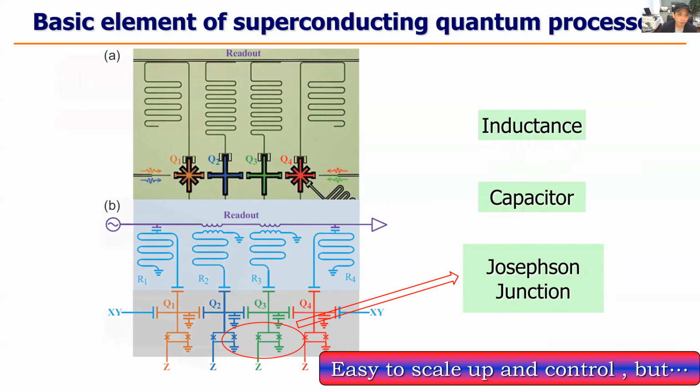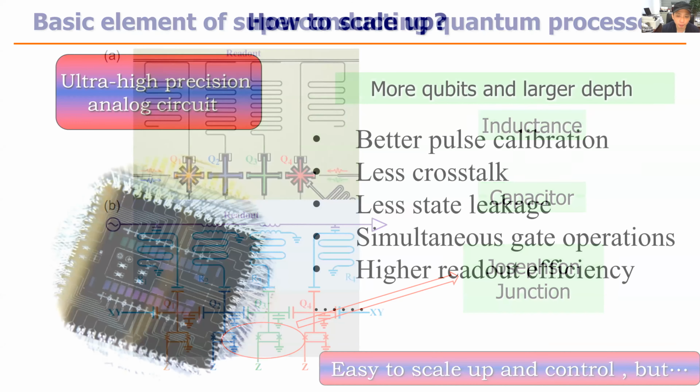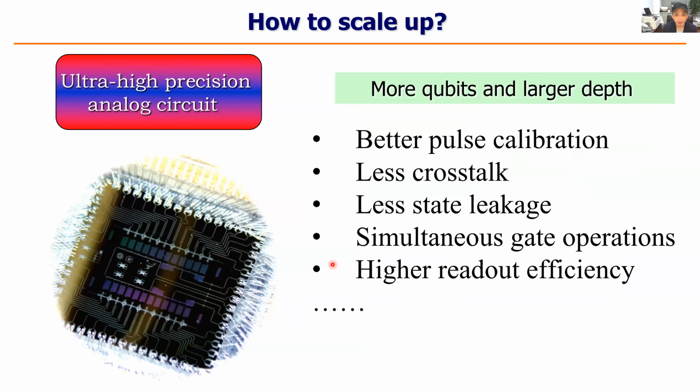But if we look at what we are doing, we are doing quantum computing. It's totally different from the digital technology of the classical computer. In a classical computer, we don't need very high precision control of each signal. It's digital. If we control a signal like 1 voltage as the high as 1 and 0 voltage as 0, even if we have a 20% error, we can still work because it's a digital processor.